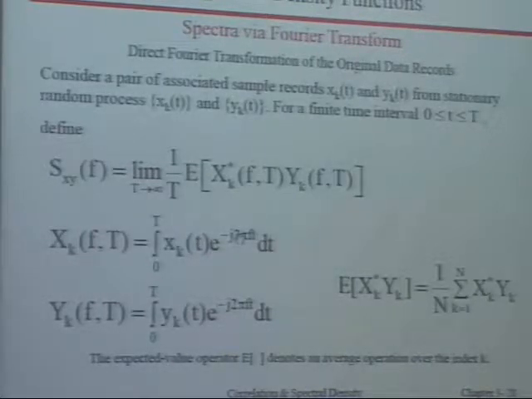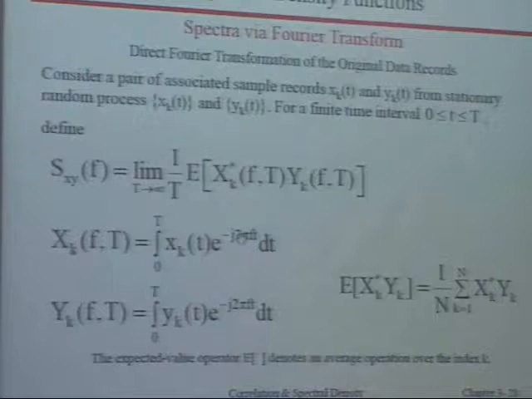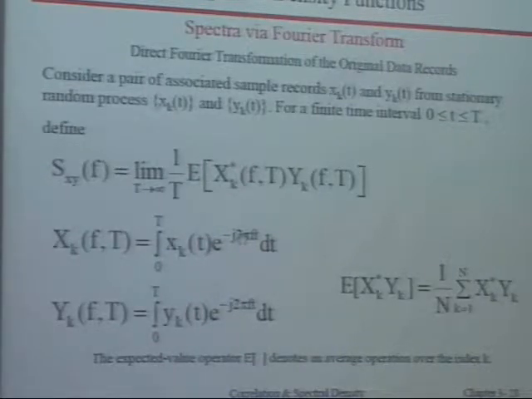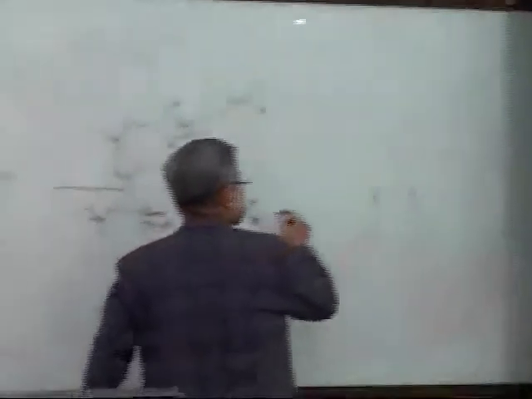So define Sxy as limit 1 over T, expected value of X star, Xk. K is the sample record, right? That's what we defined in chapter 1 or chapter 2. So this is Xk,